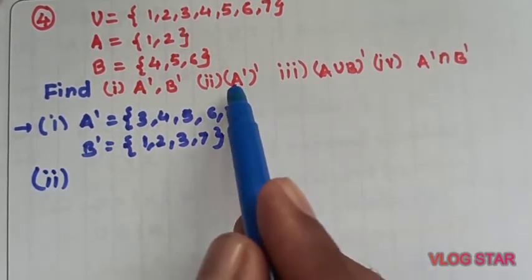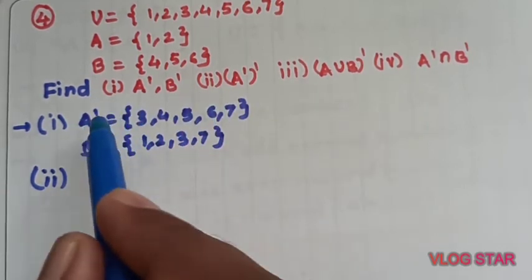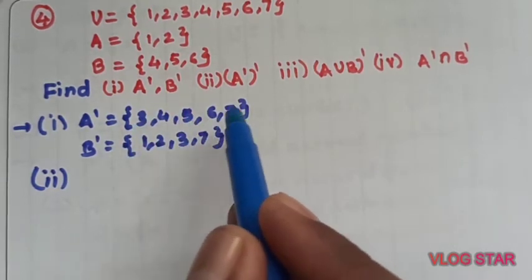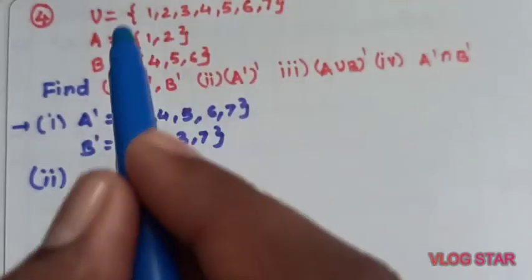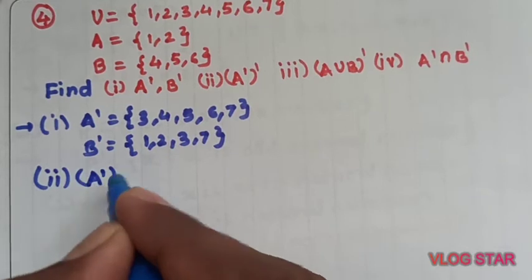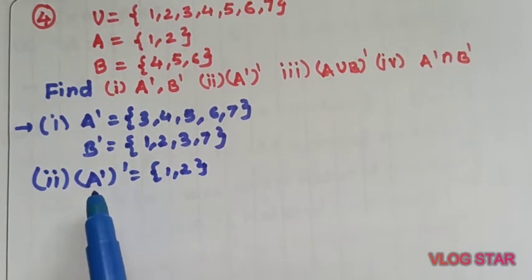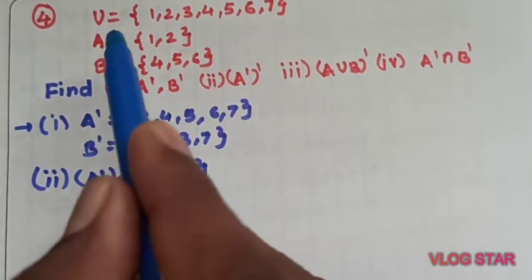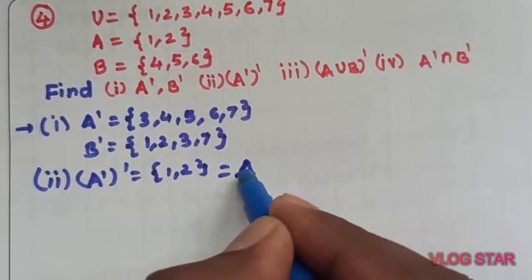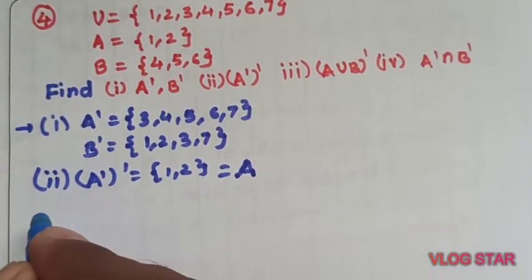They have asked us complement of complement. A complement का फिर से complement, means we want to collect all the elements which are not in A complement, means 3, 4, 5, 6, 7 छोड़ के बाकी के एलिमेंट यू में से कॉपी करना है. 3, 4, 5, 6, 7 छोड़ के बचा 1 and 2. So A complement of complement is 1 and 2. What is your observation? Look at here. A complement of complement is 1, 2 and A is also 1, 2. Means complement of complement is itself A. So we got one property over here. Complement of complement is itself set A.